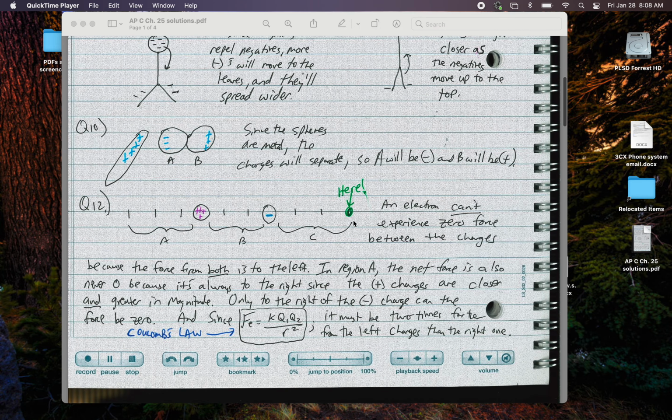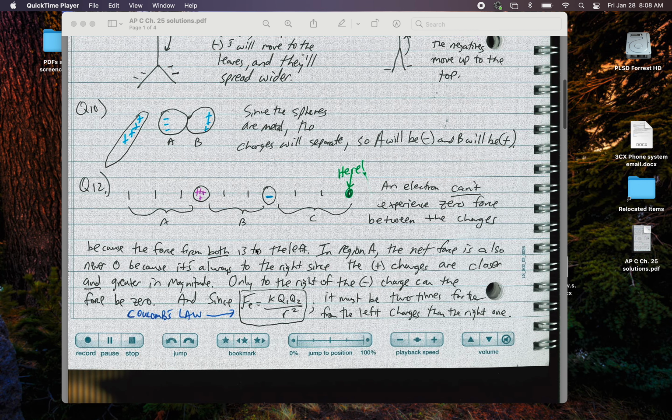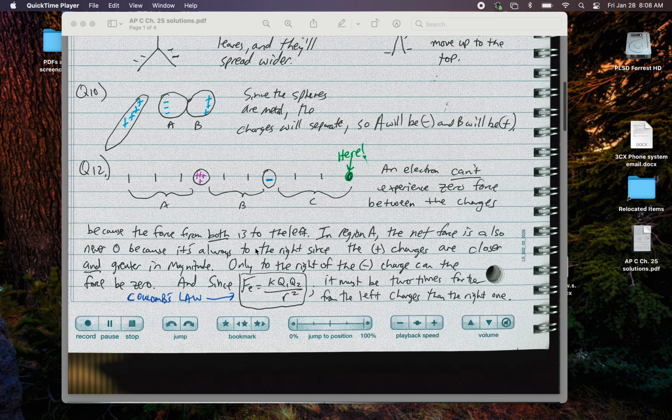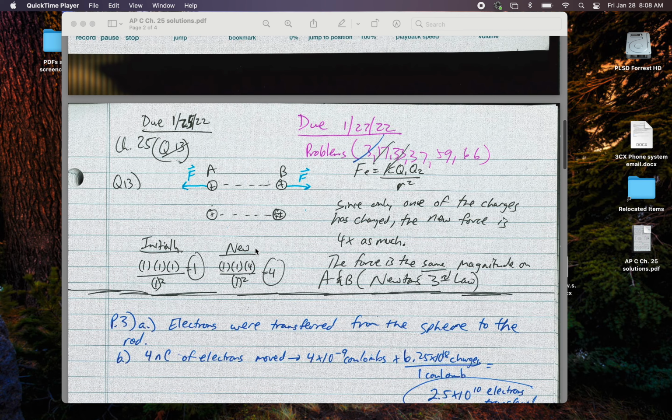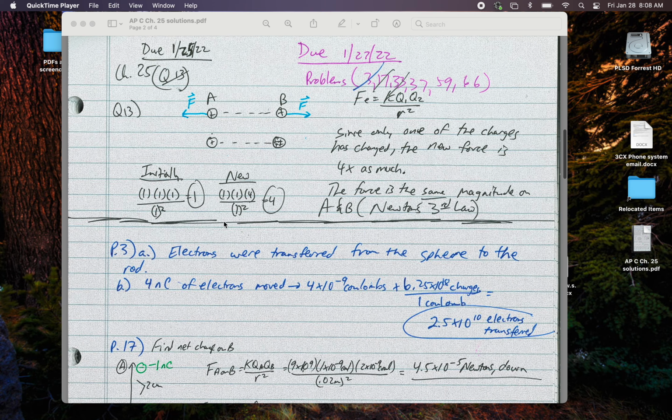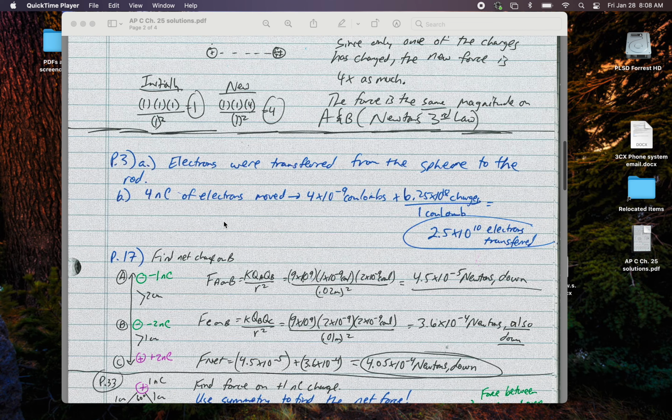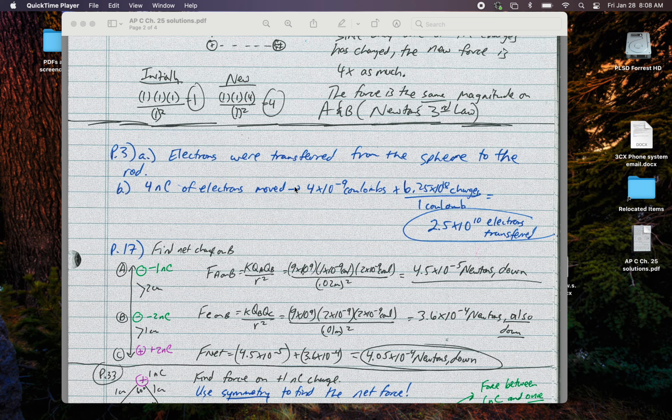I think question 12 was one of the ones that was more challenging, so you may want to look over that solution. And then this was just Newton's third law. So for the problems, if you're trying to find electrons transferred, the